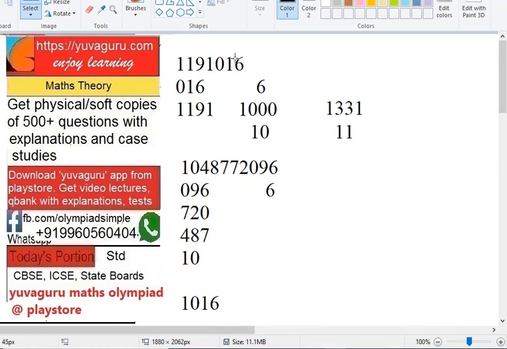But that's why I said up to 7 digits it's okay. Now this is a big number. You can't go on grouping like this. So 096, you will definitely understand that the last digit is 6 from here. But what about this full big number? There is no method for this, right? 1016 is the answer for this full number. For this we'll have to devise some other method. So that was the theory on cubes and cube roots.